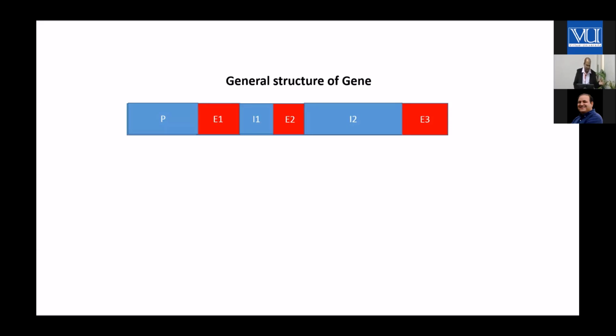About the general structure of a gene, a very high school level textbook representation. We have a promoter, we have exons, and we have introns. Exons are the coding regions of the gene. Introns are the non-coding regions of the gene, and the promoter, of course, is the agency which leads to the transcriptional regulation of the gene. Of course, we know that introns are also somehow involved, but it's the promoter basically which is involved in the transcription regulation of the gene.